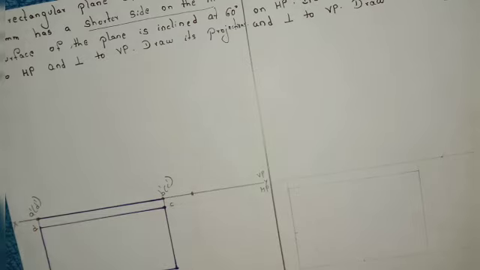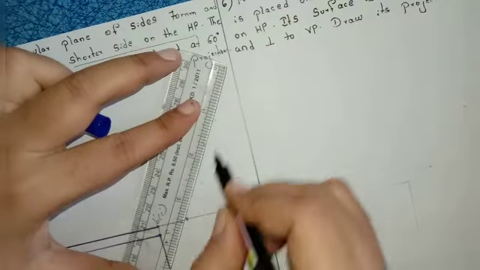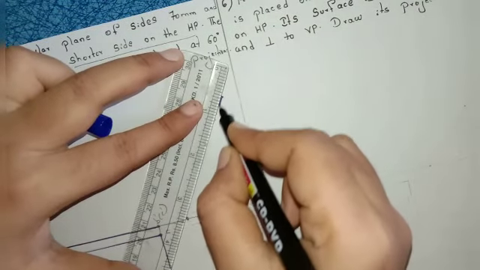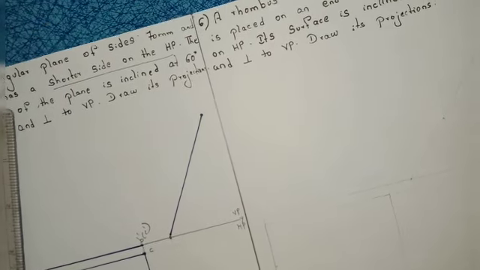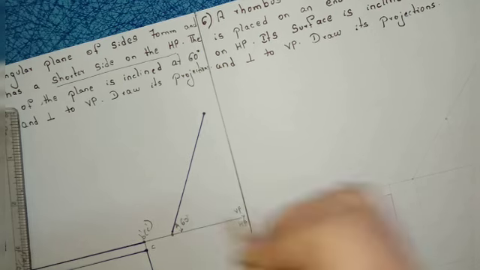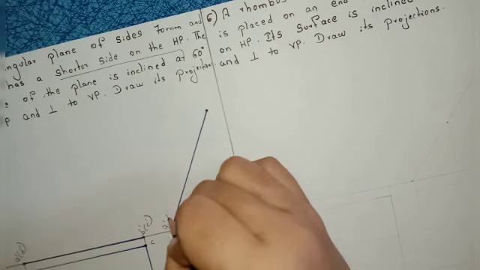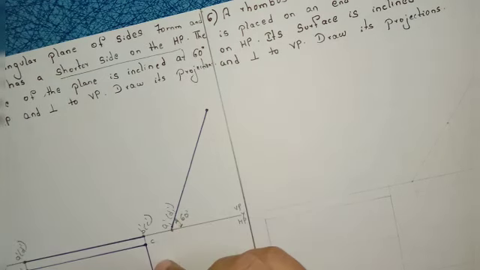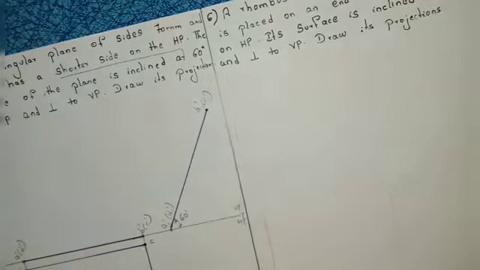So A dash to B dash is how much here? 70 mm. Right, so construct 70 mm here with an angle of 60 degrees. Right, so angle here is 60 degrees. Now you should write down here A1 dash of D1 dash, starting point. Ending point here B1 dash of C1 dash.